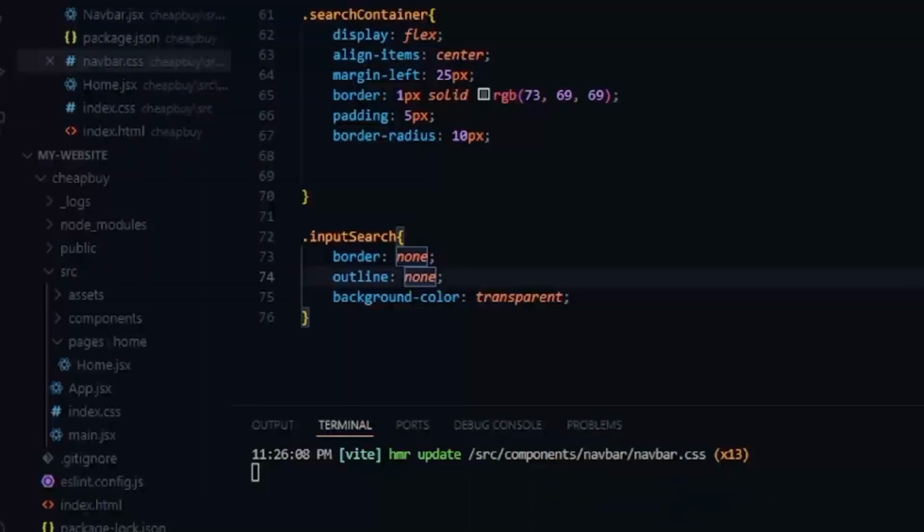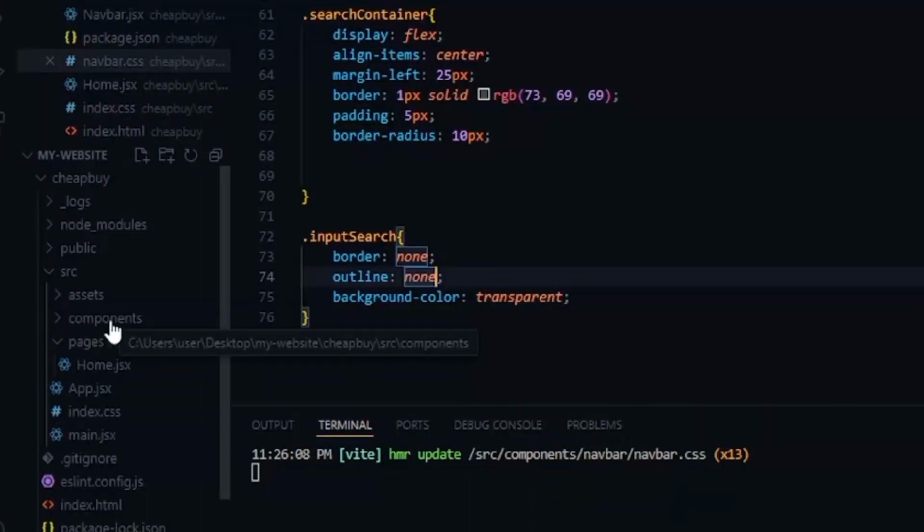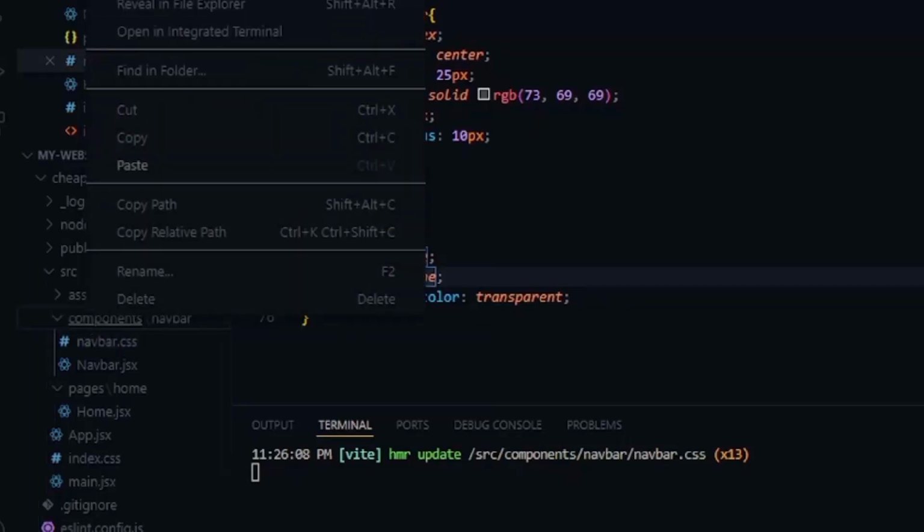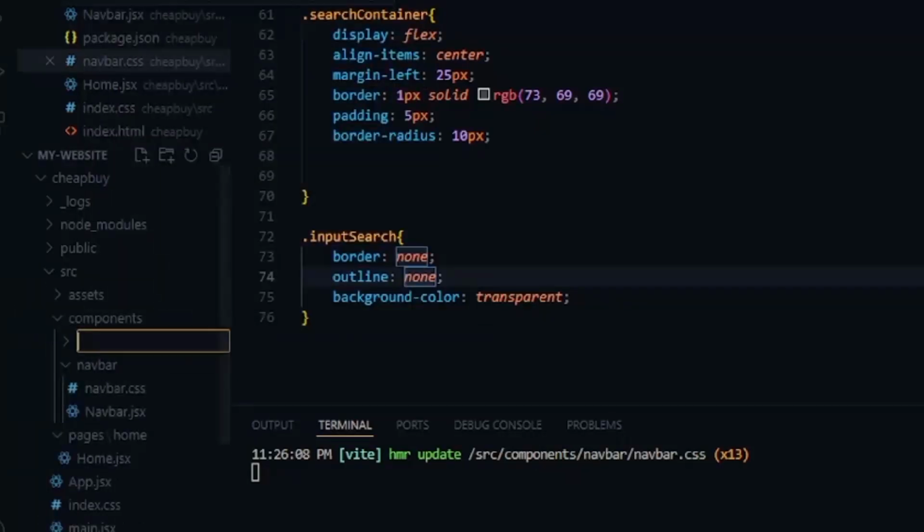Okay, straight up, let's go into our slider. Let's design a slider for our application. Okay, now this is going to be a component on its own. So we're going to go to component and create a folder. We're going to call it slider. That's what it's going to be. So inside